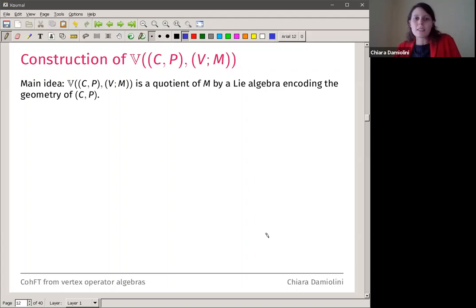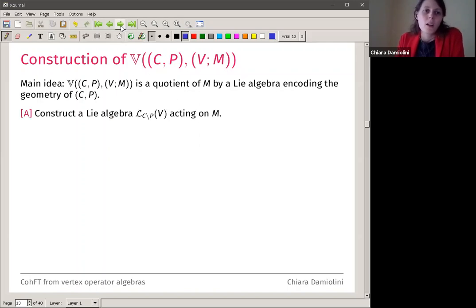So in the classical case, it was easy. My Lie algebra was just, I had a Lie algebra to start with, and I just tensored with the ring of functions of the curve minus the point. Here the situation is more complicated, it's just more complicated. So how do we find a Lie algebra? First step,